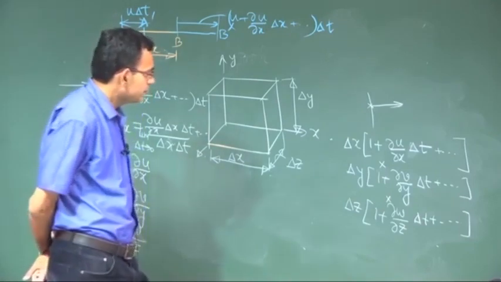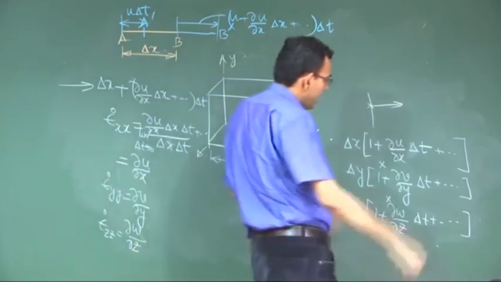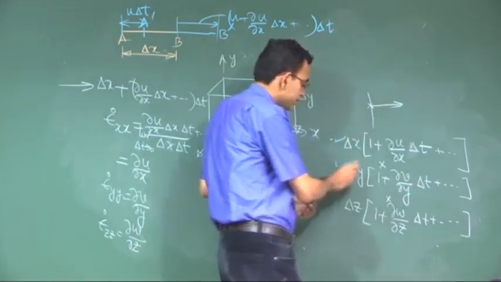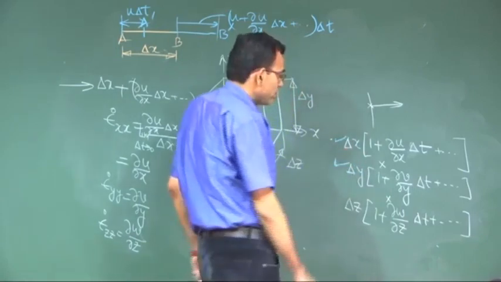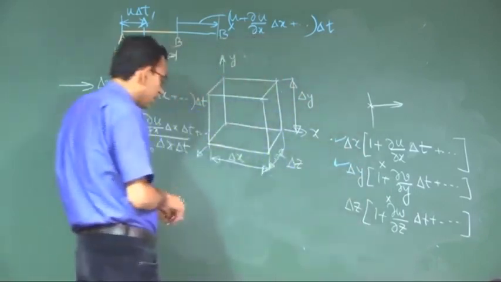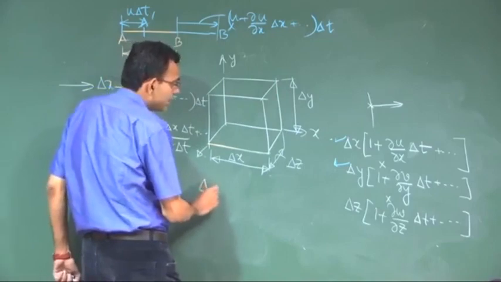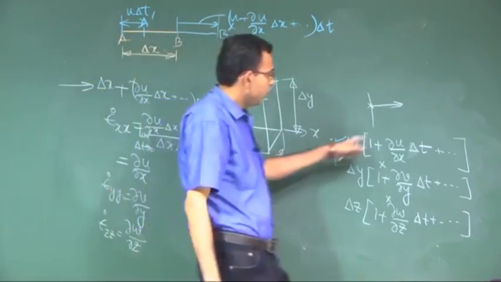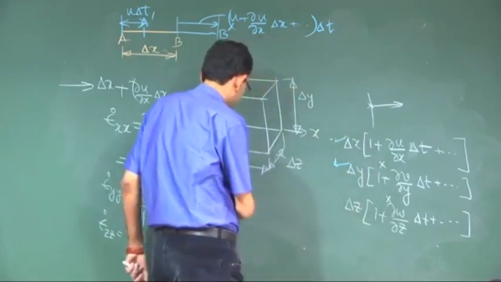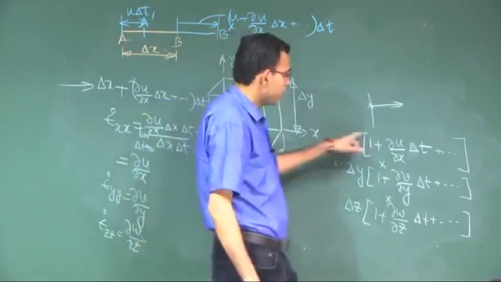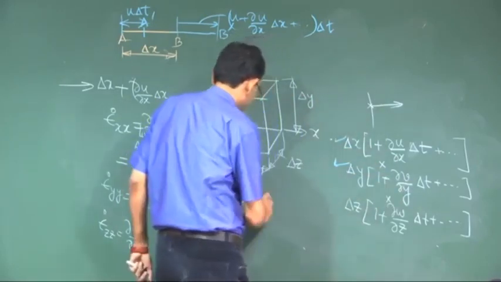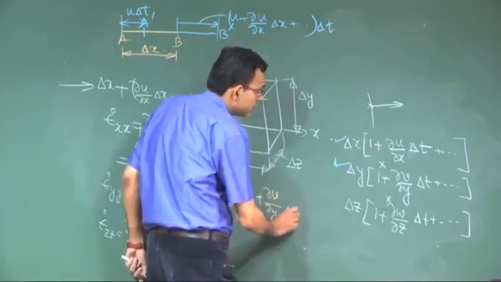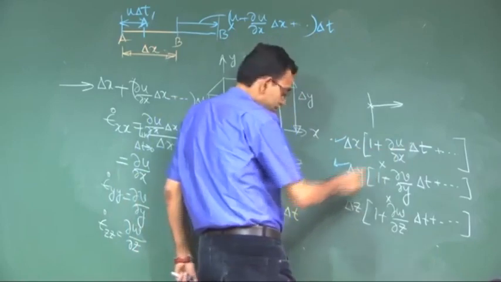So, then we can calculate this very systematically. We first multiply these two terms. So, if you do that, let me write it here, delta x delta y, 1 into 1, 1, plus 1 into this, plus this into 1,